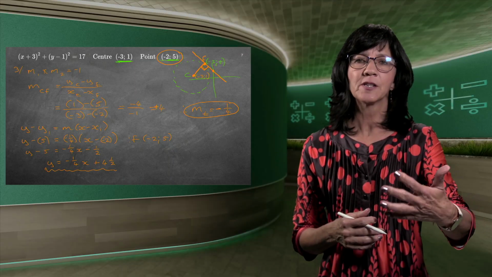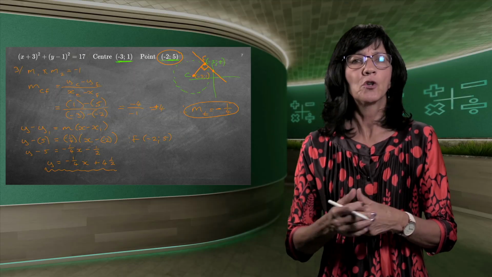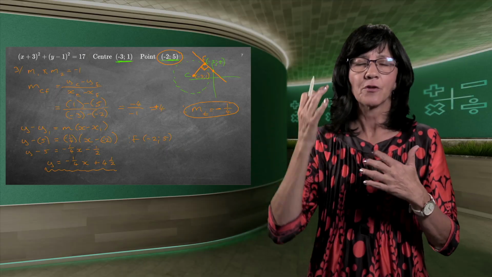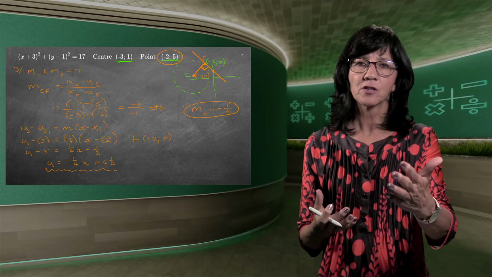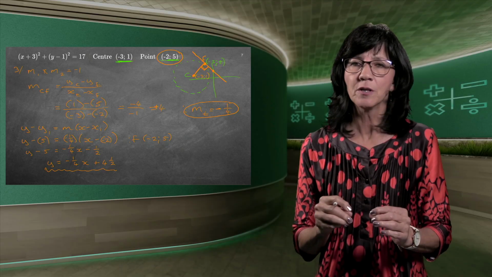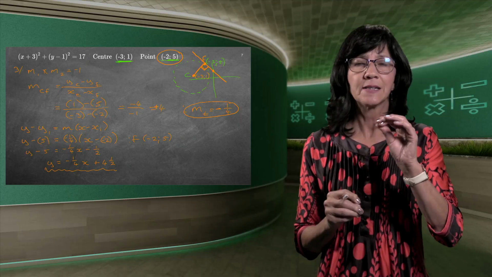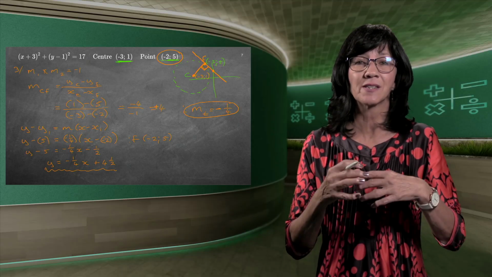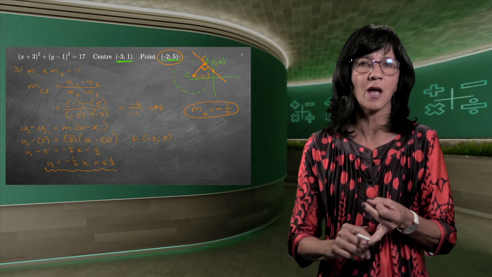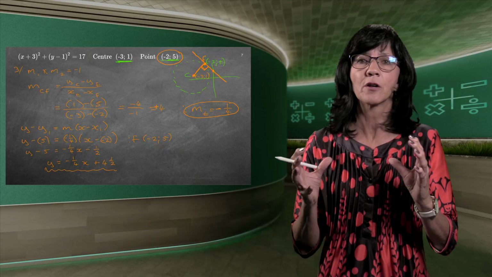Now, if you go back to the steps, I numbered some of them, but you're not going to number your steps. You're going to just have those steps one after the other in your head, so that you are very sure that if we ask you to do a tangent equation, which is a definite exam question, there's not one exam, I don't think, that ever hasn't got a tangent equation that you must find, because they are testing so many skills of yours. They're testing your gradient, they're testing perpendicular lines, they're testing a straight line and a circle. So there are so many things, and it also counts a lot of marks.